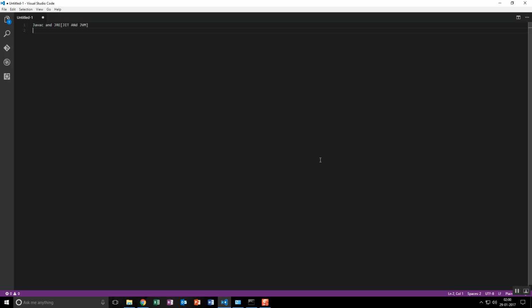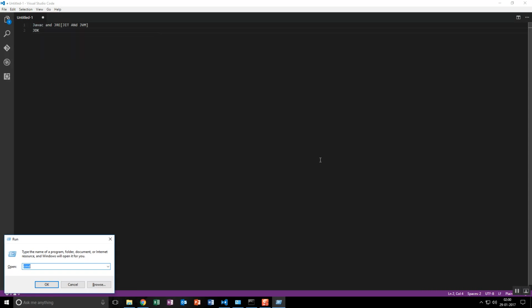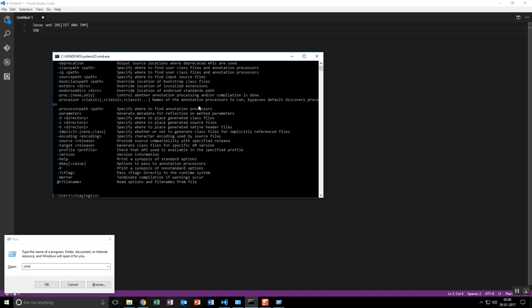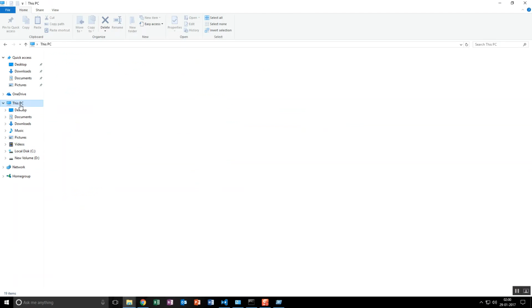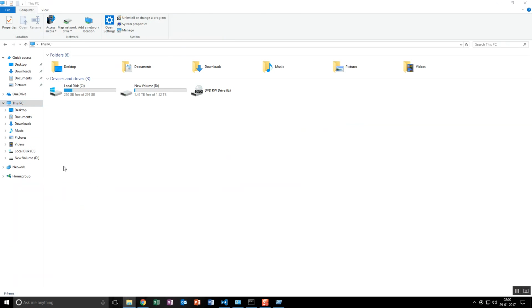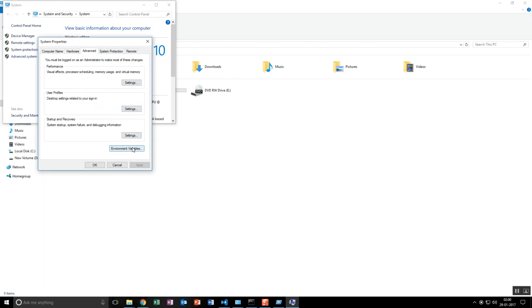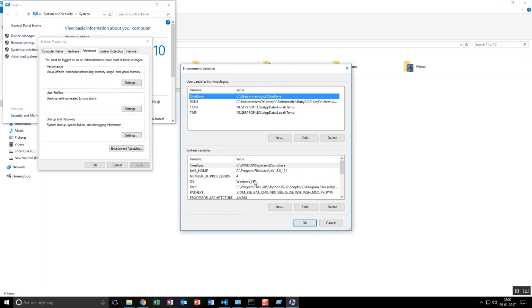So I'll tell you how to set up a JDK on your machine. Initially, I have opened the command prompt. When you want to search for a Java command, you have to type javac. The path is set. Initially, you will not have set a path, and that is the reason it will be asking for your path.